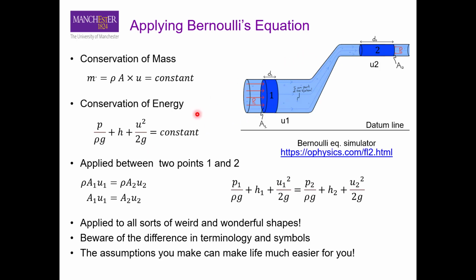Okay. And again, as I said, if you apply it on different points, you can write it in this form as at point 1 and point 2. And according to conservation of mass, the mass flow rate at point 1 should be equal to the mass flow rate at point 2. And if you simplify it, you get this continuity equation. And similarly, if you apply Bernoulli's equation at two different points, you have this form of Bernoulli's equation. One thing that is missing in this equation is the loss factor, because we assume there is no